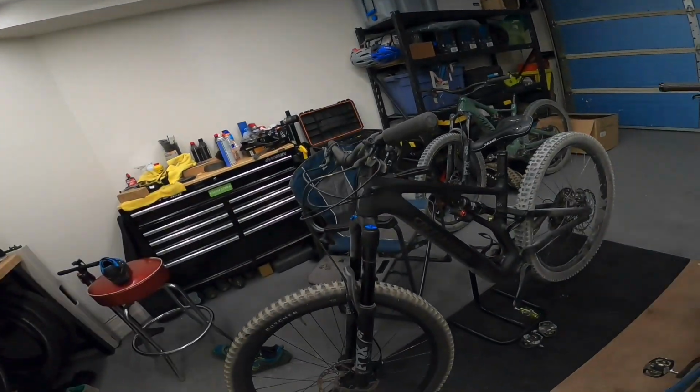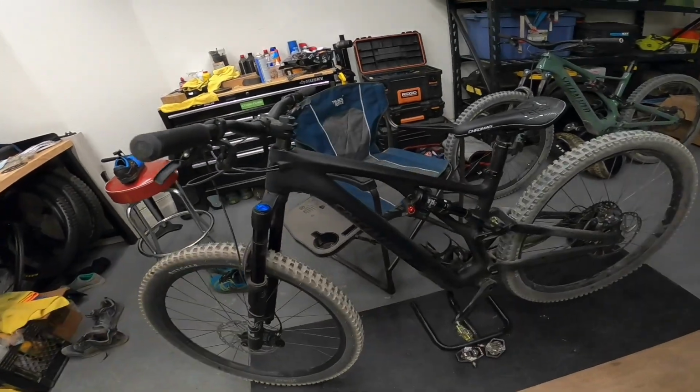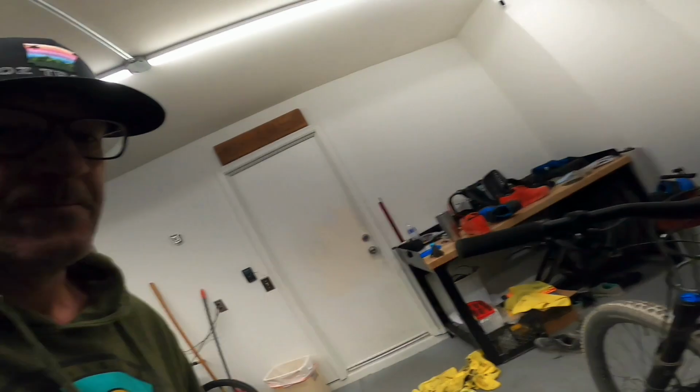Good morning. Happy Friday. Pretty excited for this morning because I'm gonna go get some time on a whip that I have very little time on, and I haven't even ridden this size. So my buddy Matt Miner picked up this sweet Stumpy EVO, and it's an S3. So I made a few adjustments. He's a bigger dude, he's about 220, so changed it up a little bit, and I'm gonna head up to Sedona to go rip it for a